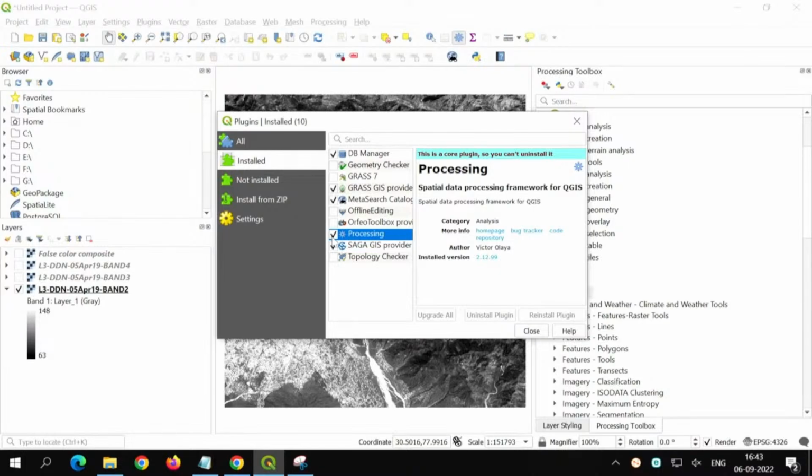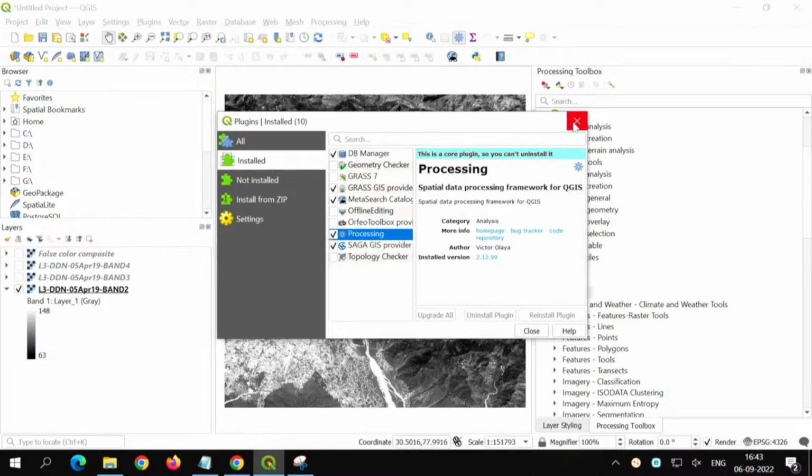You don't need internet for this. It is already there in the core QGIS. Just sometimes during installation, in some older Windows operating systems, I have seen that it gets disabled so as to preserve